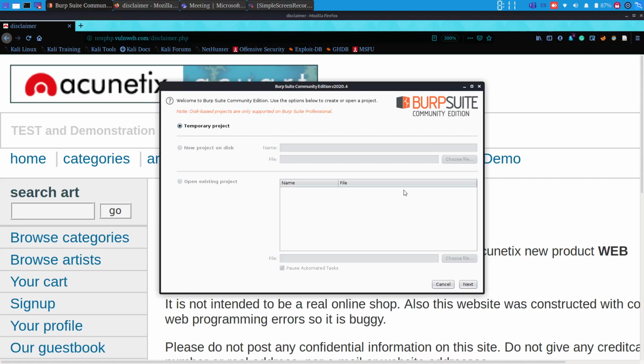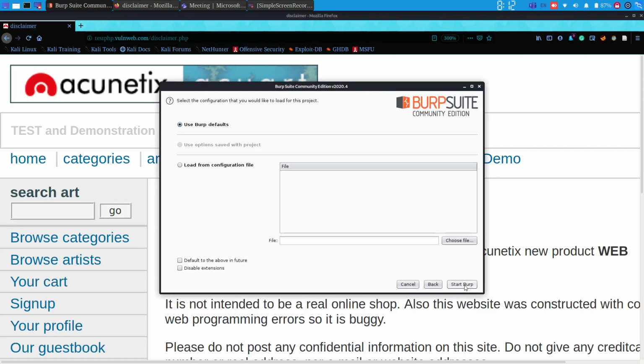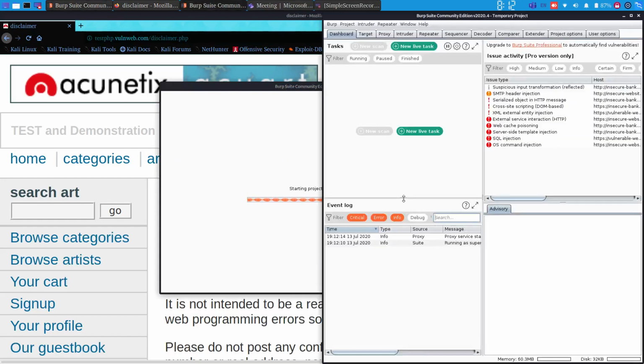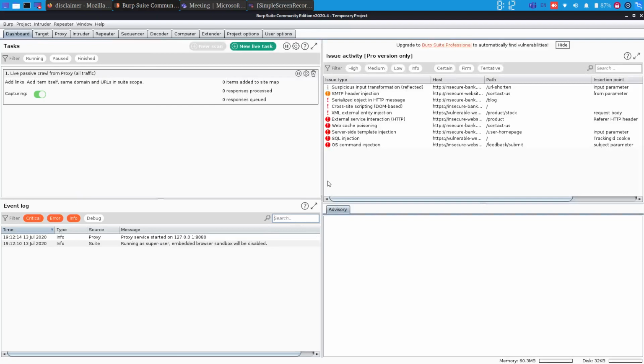In those layers, when we deal with the application, when we can see something and directly interact with it, that is called working at the application layer. So Burp Suite is a web application proxy which works at the application layer. Normally a proxy works at the network layer, but this proxy works at your application layer where you can directly interact.